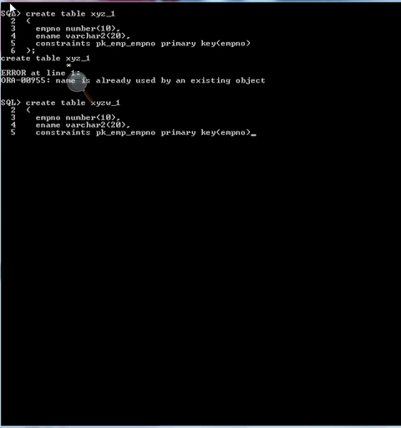And this is the name of the constraint. We just changed the name of the table because this table is already available with us. Enter, and table created successfully.